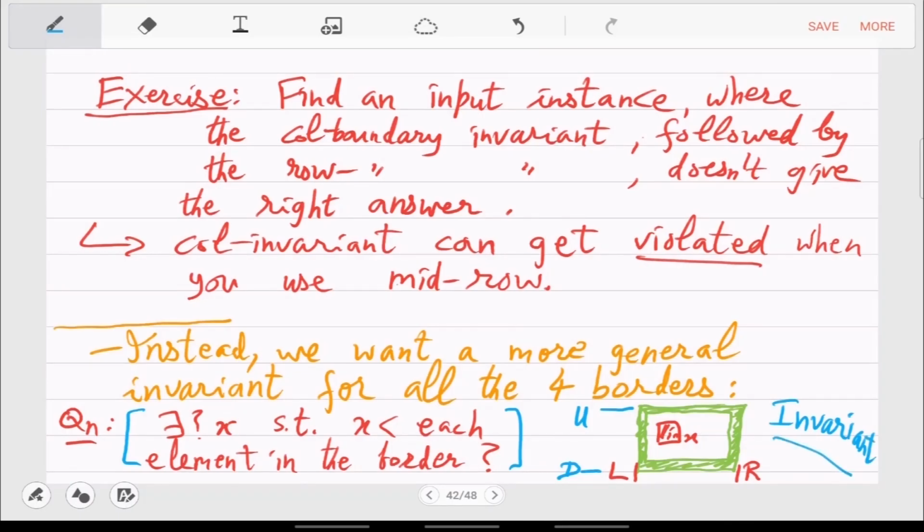Okay, so the invariant is that there will always be an x available that is smaller than all the north, south, west, east borders. So maybe I put that here as P also, so that you have a handle on that. This P will actually be maintained in every induction step. So at least this P will work. There may be more points, but one point we have identified in our pseudocode.